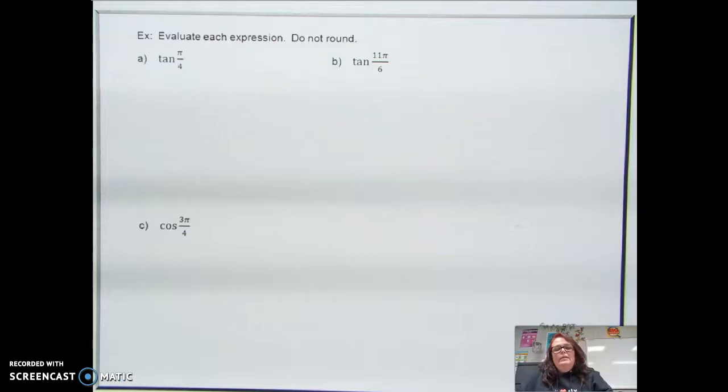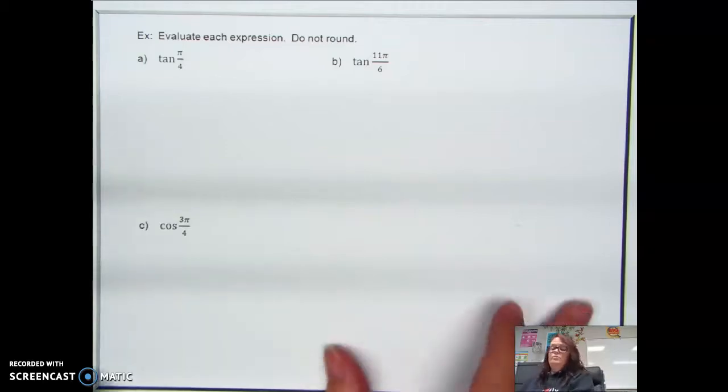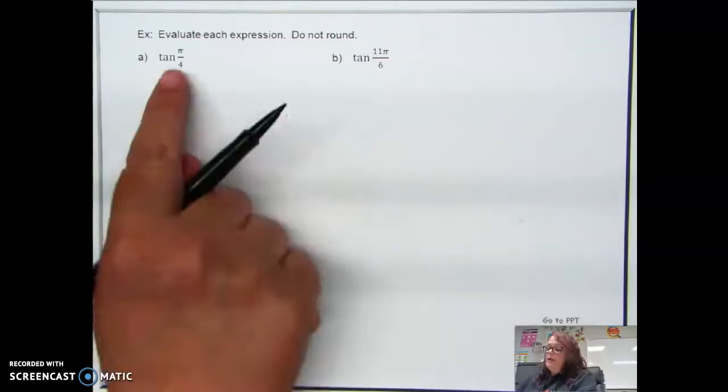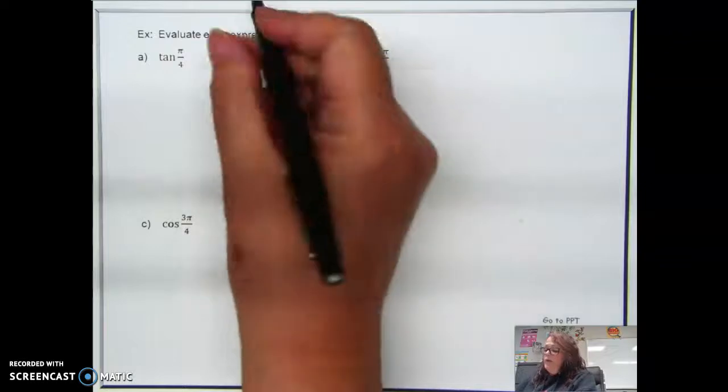So then the next thing that we need to be able to do is to evaluate each expression. So you could try to work with it in radians, or you could change it into degrees. It doesn't matter. They should both give you the same answer. So if we look at tangent of pi over 4,